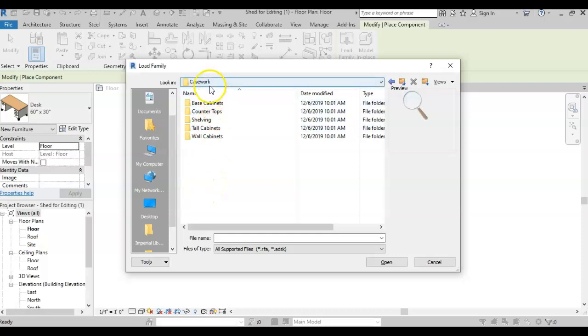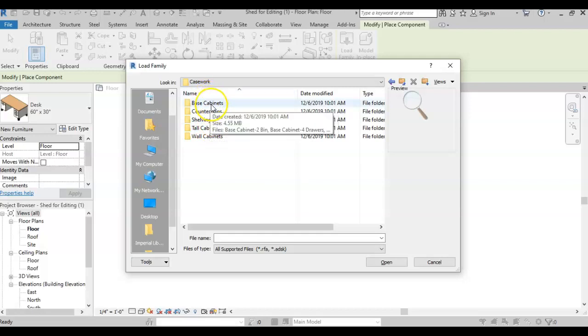Casework is things like cabinetry that you might have in your kitchen or in your bathroom. So you can see that I have a folder called Base Cabinets, Countertops, Shelving, Tall Cabinets, and Wall Cabinets. If we're going to be looking closer at a kitchen, we will need to be placing in things like base cabinets first, starting at the floor. Then we'll add in countertops, working our way up vertically, and then finally wall cabinets. Now sometimes you'll have a tall cabinet in your kitchen as well, but for our shed, let's get started with